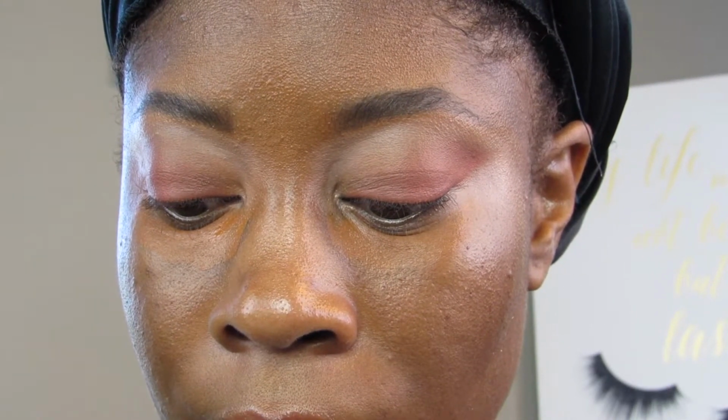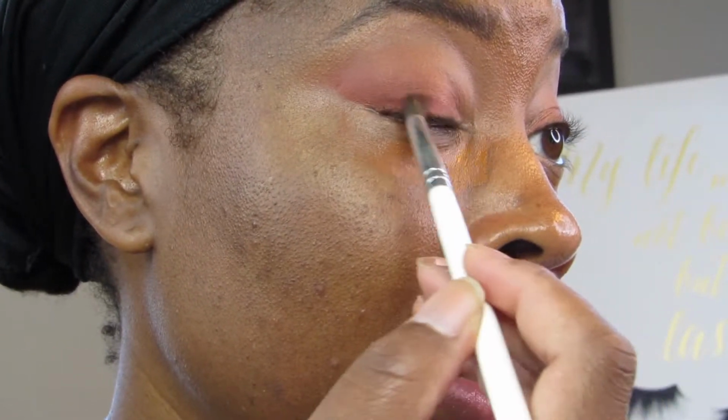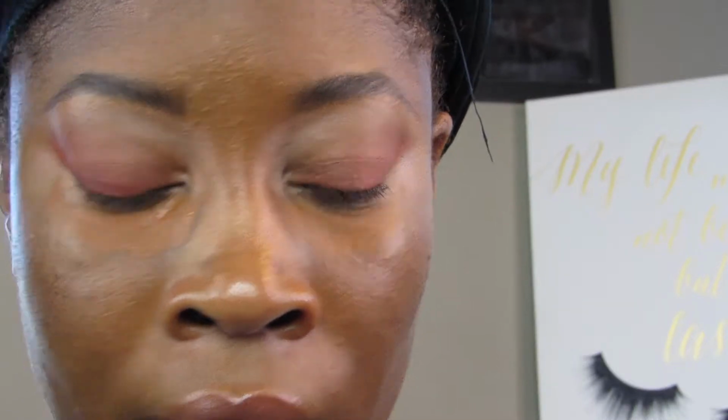Clean the excess off my brush, and then I'm going to go in with another color. You want to always clean the excess off because you don't want for it to create a muddy look. I'm going to go in with this color E2, and I'm going to go right. I'm going to keep this close to my lash line. I want it to get kind of gradiently darker as I get closer